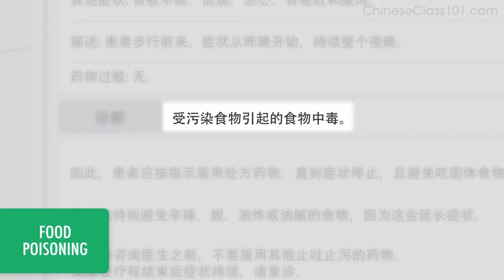The diagnosis is food poisoning caused by contaminated food. 受污染食物引起的食物中毒。